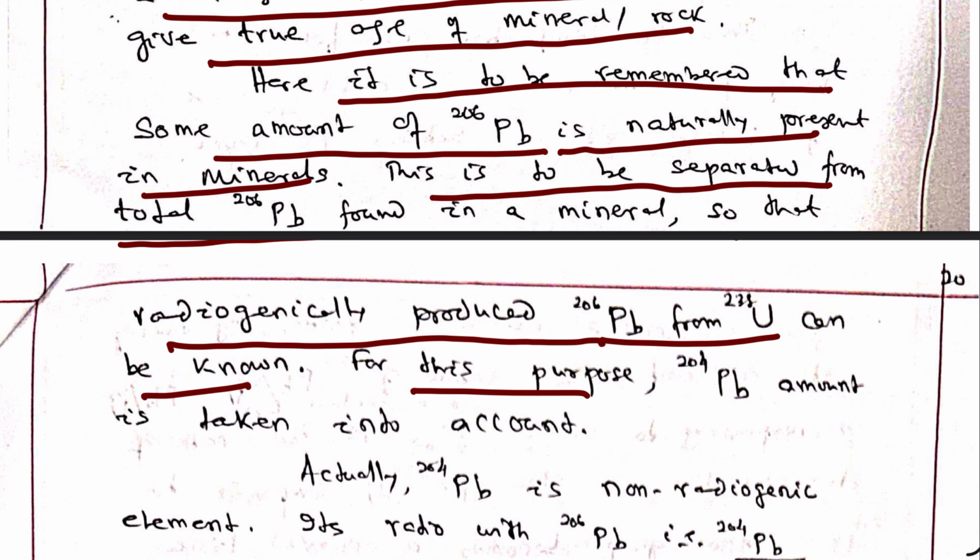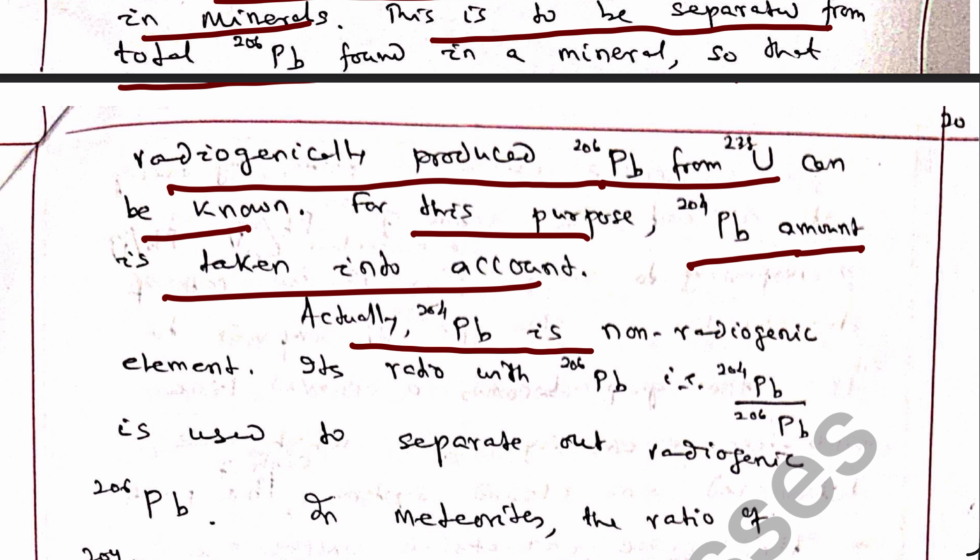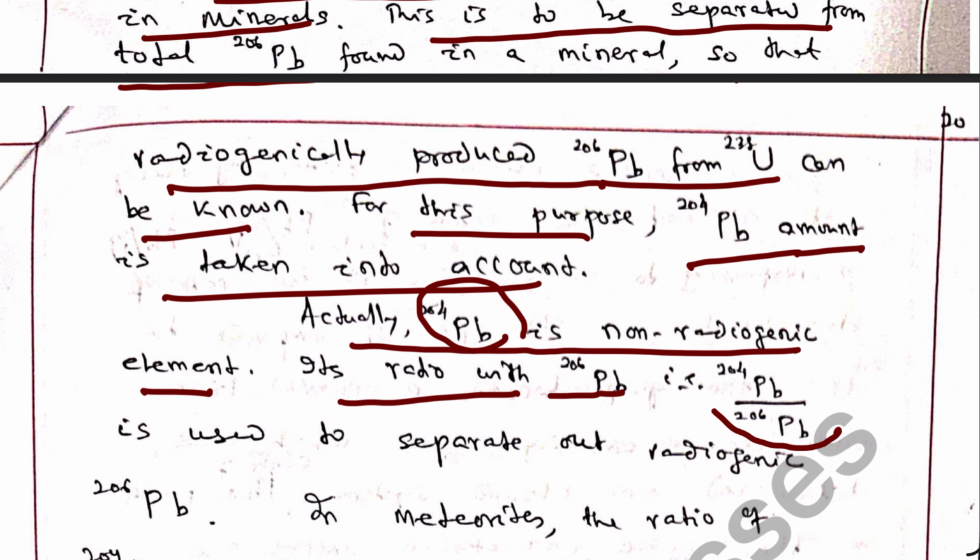For this purpose, the Pb204 amount is taken into account. Actually, Pb204 is a non-radiogenic element. It is not produced by a radioactive process. Its ratio with Pb206, that is Pb204 by Pb206, is used to separate out